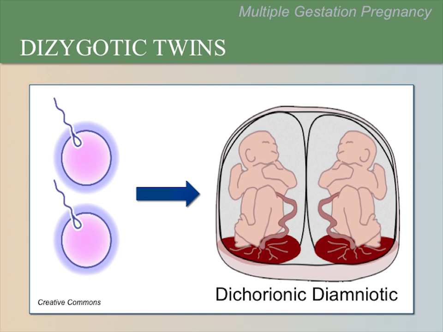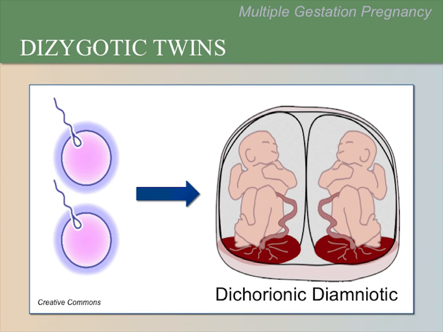Dichorionic means 2 placentas, and diamniotic means 2 amniotic sacs. Often these twins are referred to as di-di twins for short. On ultrasound, you can often see a thick membrane separating di-di twins, especially if the ultrasound is done early in